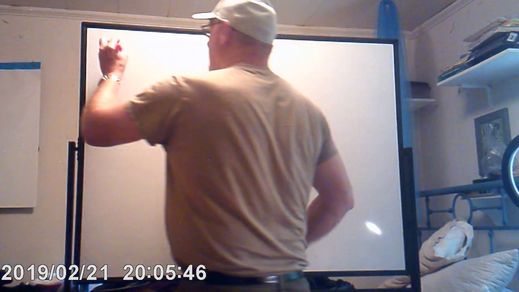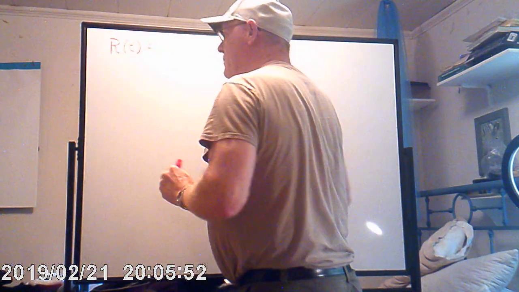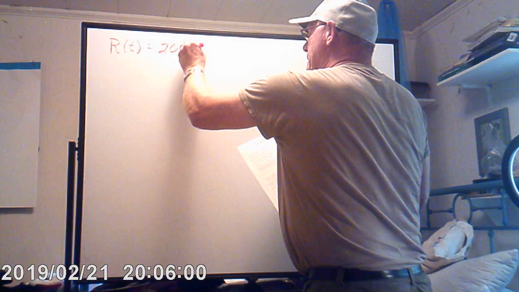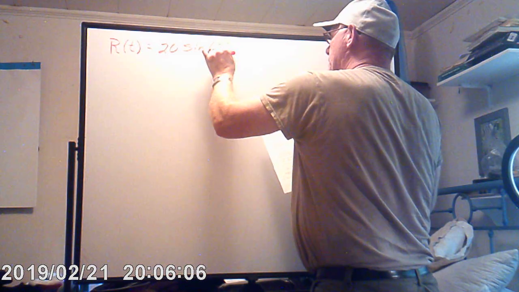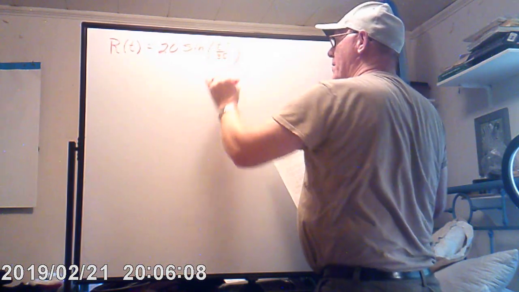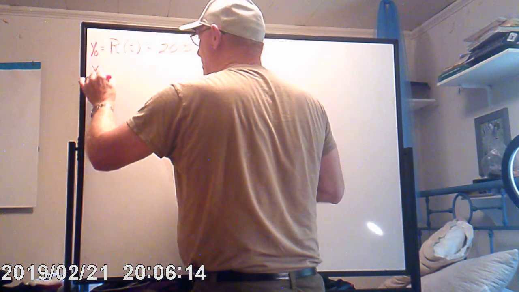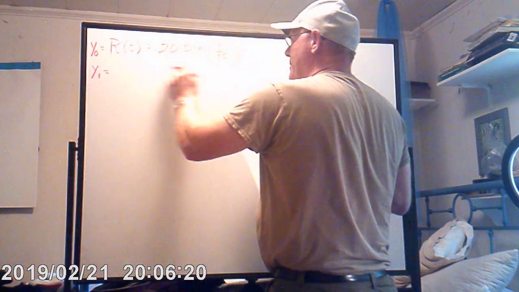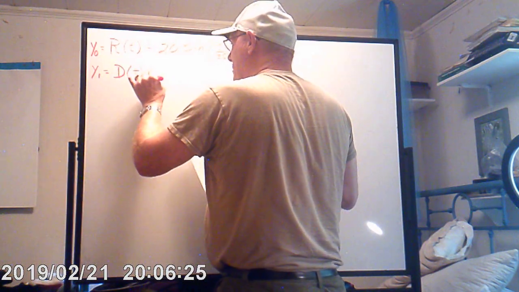Now, remember we said that r at t is equal to, I want to say that's 20 sine of t squared over 35. Now, you might want that in your y sub 0. And y1, that's going to be your d at t. And of course, you're just going to put that in. So d at t, which is equal to,